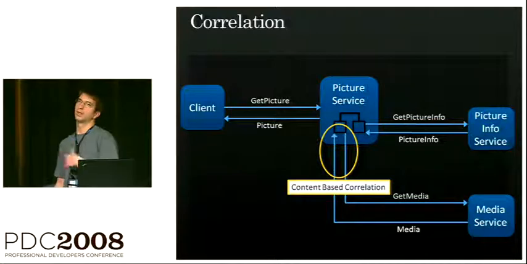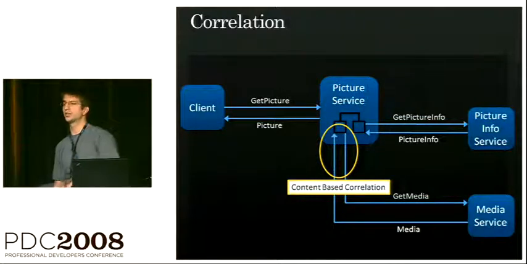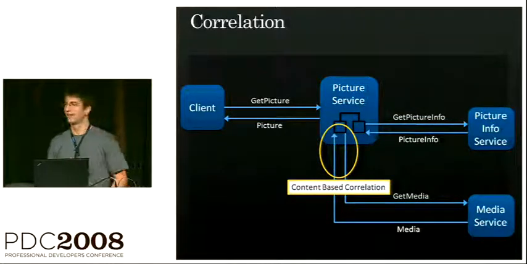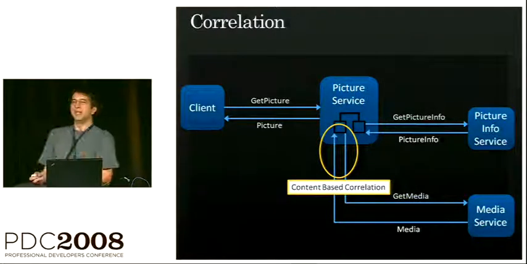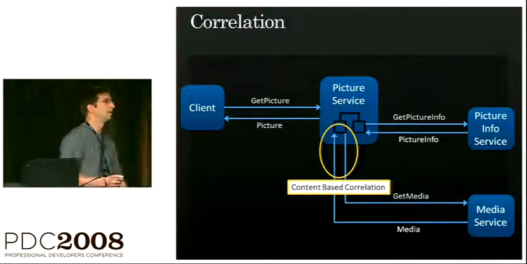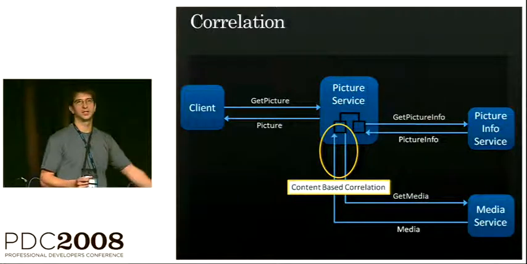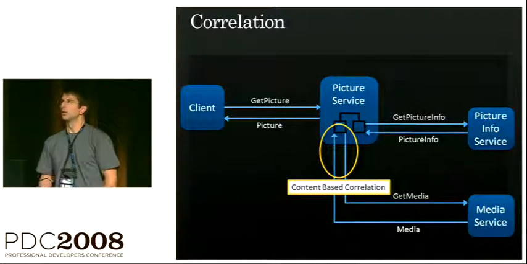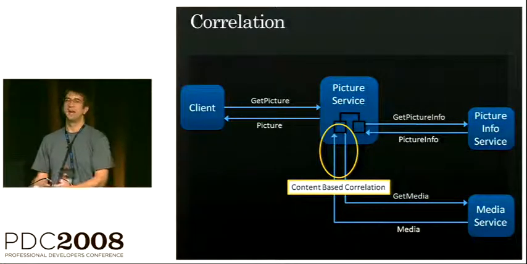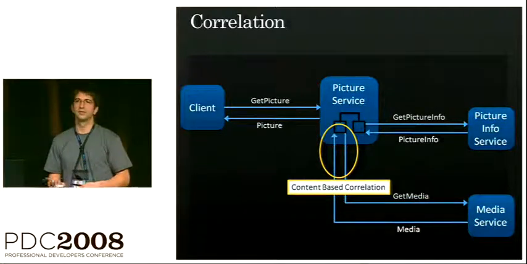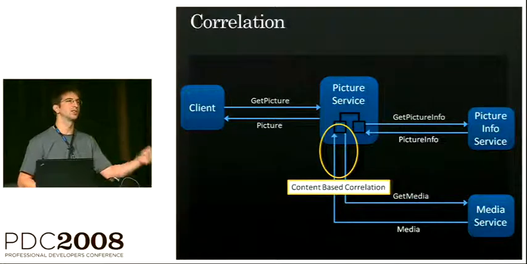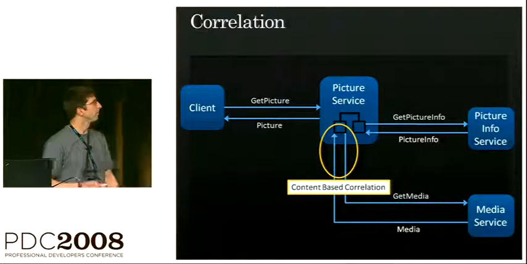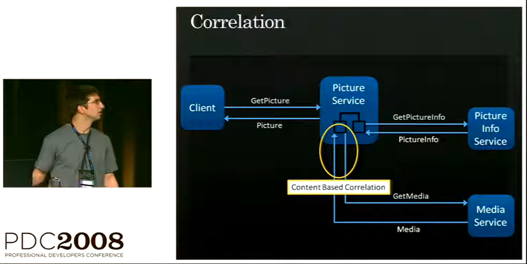The picture service and the back-end media service are using, sorry, that would introduce some misconceptions. The media service is something that we don't control. Let's say that this is something that we can't deploy anything onto, like the context binding. So we're relying on values in the messages from the picture service perspective in order to relate messages exchanged with the media service to an instance of the workflow that we're using to define the picture service.